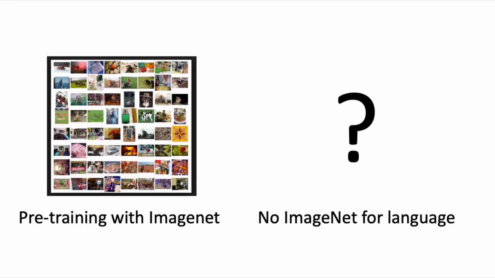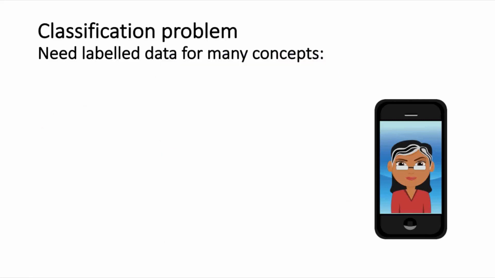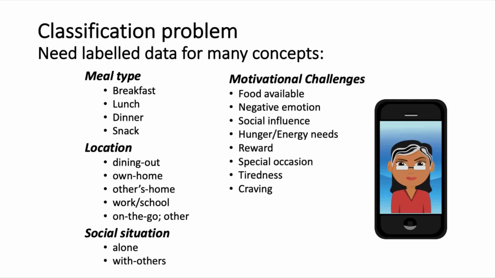of these topics. For example, say we want to build an AI that is a healthy eating coach that you can talk to in any situation when you had an unhealthy eating temptation. And the coach will try to talk you out of making an unhealthy choice. For the coach to be effective, we would need it to be able to understand the situation around eating moments based on your natural language description of what's going on. So we'd need to train a language understanding model to recognize the many different concepts related to eating, including what type of meal it is, what location you are in, whether you are being social, and all the different motivational challenges associated with the psychology of healthy eating.